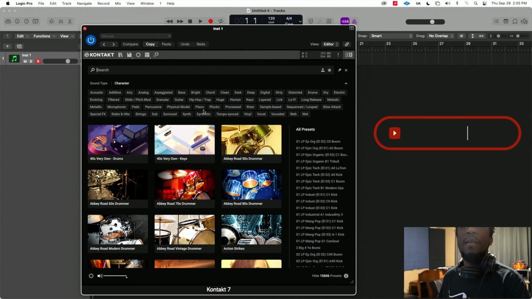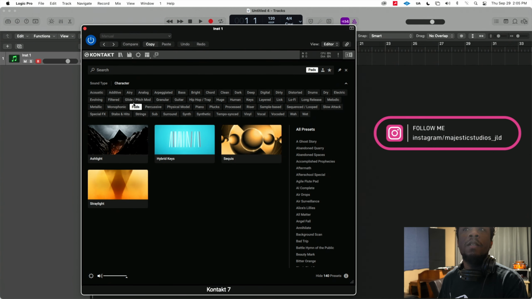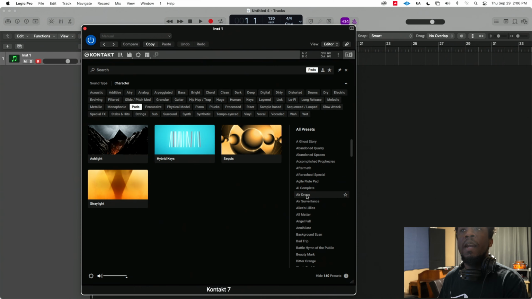And these are probably all keywords that are set in the background depending on the presets. And you can use these, like if you want to find just the pads, you go to character and click pads, and now it brings up, first of all, the instruments that have pads associated with them, or that these presets come from. And something that's really cool is down here at the bottom, it shows you how many presets you have to choose from depending on which one of these